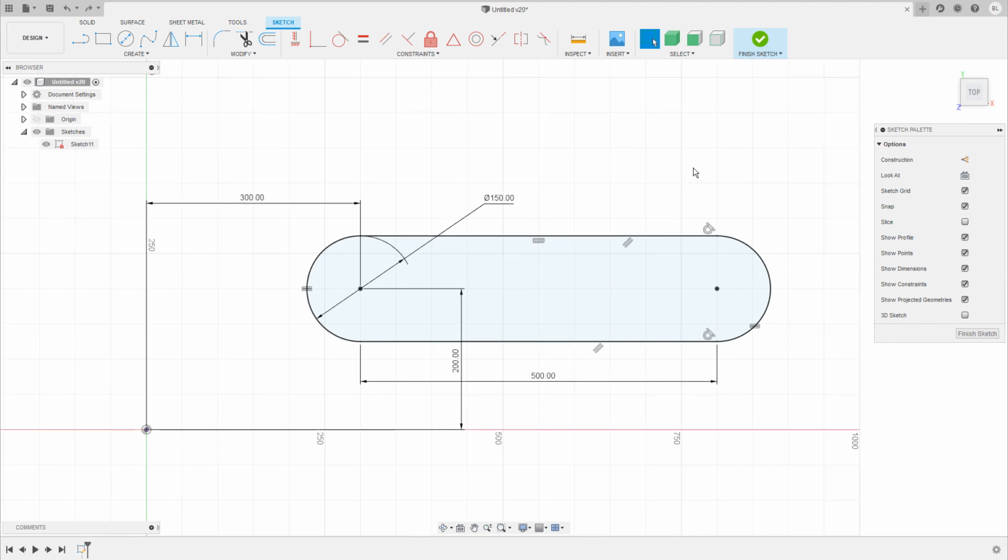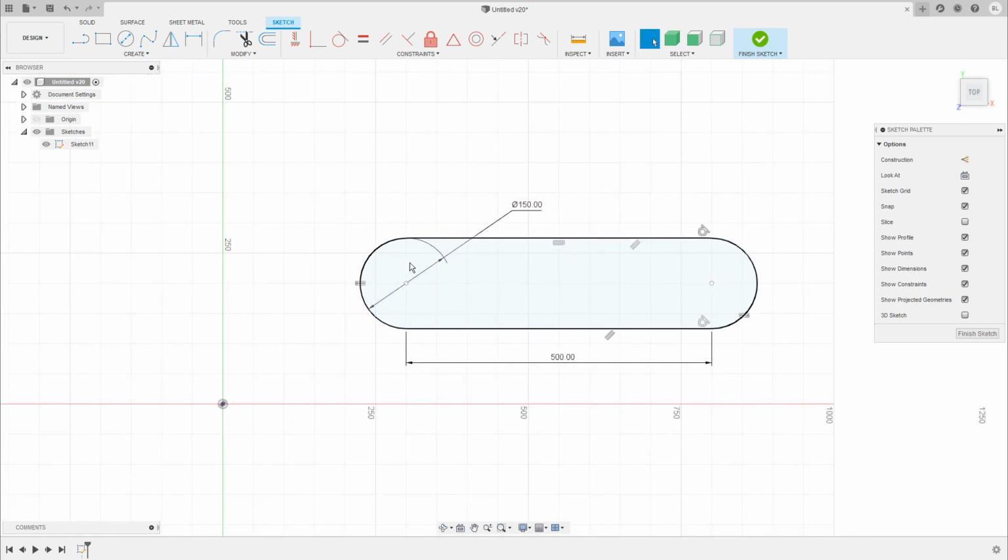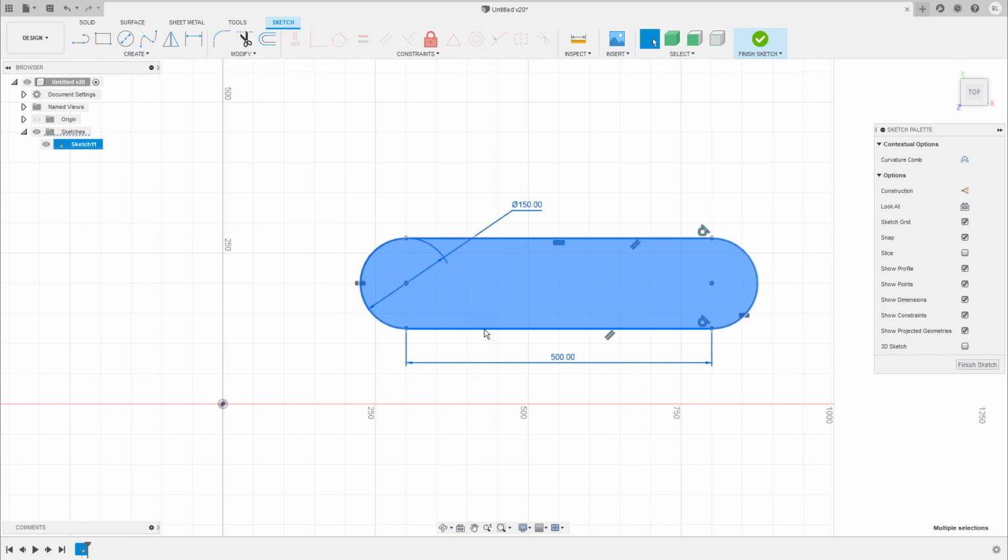Now let's say you would like to move the drawing. In this case, you would have to get rid of the two dimensions that anchor the sketch to the origin. So it was this one here and the vertical dimension down here. And at the same time, the sketch lines turn blue again, but this allows us to move the entire thing